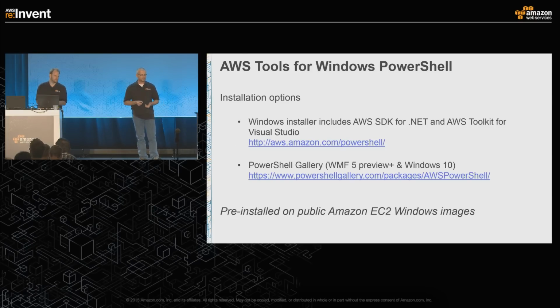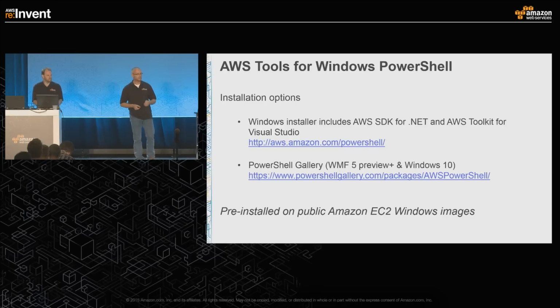If you're using EC2 Windows images, the public images, the tools for Windows PowerShell are already pre-installed, and they revise every time EC2 revises the Windows images. If you're working on your local workstation, you have 2 options. Traditionally, we've distributed the tools in a Windows installer, along with the SDK for .NET and the Visual Studio Toolkit. So a lot of users still use that. If you're using Windows 10, or you have the Windows Management Framework 5 preview from back in April of this year, I believe, and there was a refresh about a month or 2 ago,